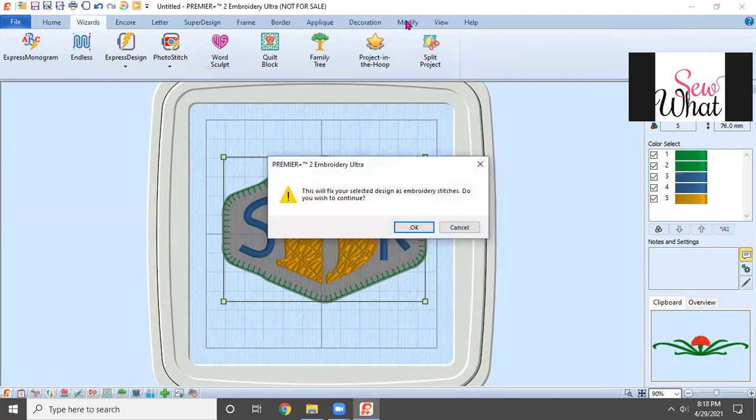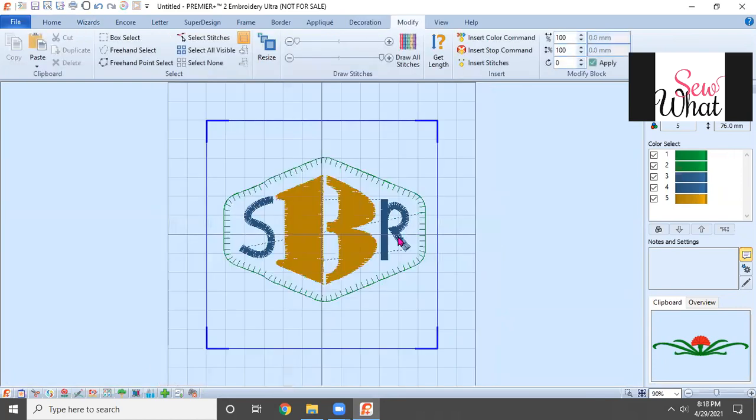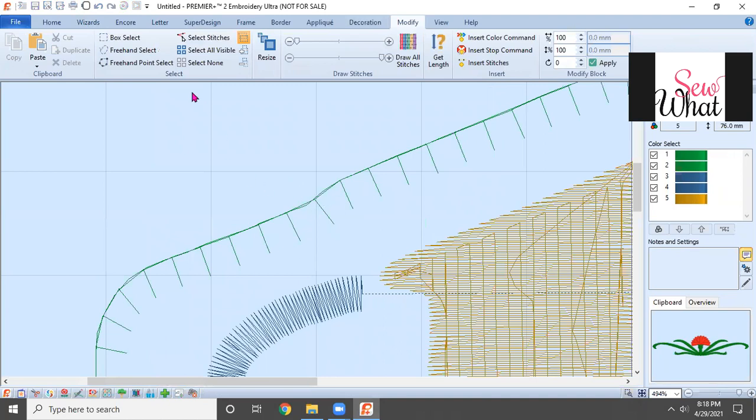So if I go to the Modify tab, you'll notice it's going to lock everything in place. Well, I can't really change it a whole lot as it is. If I zoom in, so I've gone to this little zoom to rectangle down here on the bottom right, I can literally move individual stitch points. I can select a stitch and go, okay, this guy needs to move up a little,